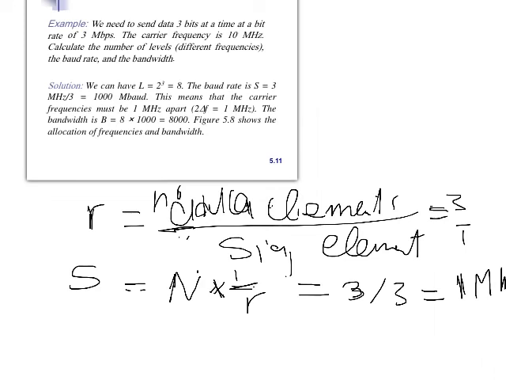But I can tell you, for example, use the minimum 2 delta F. I know the minimum 2 delta F is 1 plus D times S. We know that S is 1 megabaud, and let's say D is equal to 0. This means that the minimum 2 delta F is 1 megahertz. This is the minimum, assuming that D is 0.